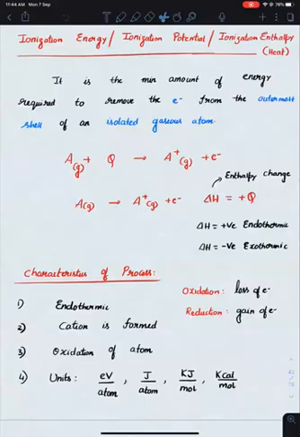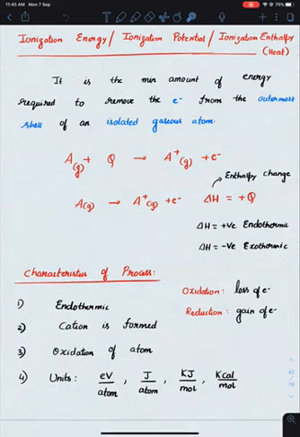Then we have started our discussion on ionization energy, or ionization potential, or ionization enthalpy. The term enthalpy means heat, the amount of heat which you are supplying to remove the electron from the outermost shell of an isolated gaseous atom. You need to mark this. You need to remember that the electron must be removed from an isolated gaseous atom. If it is not isolated, in the presence of other atoms, the value of ionization energy may differ. Okay, so the definition involves an isolated gaseous atom.